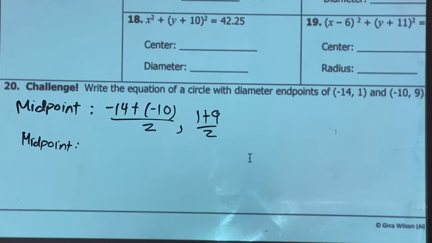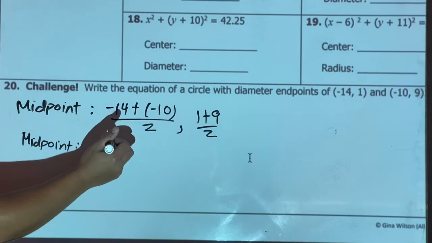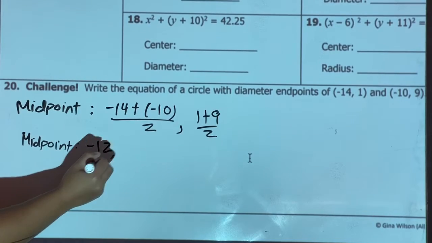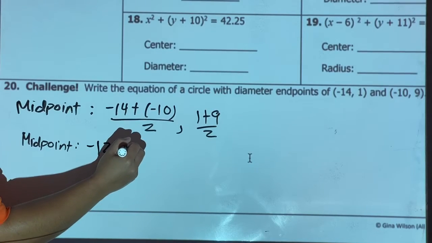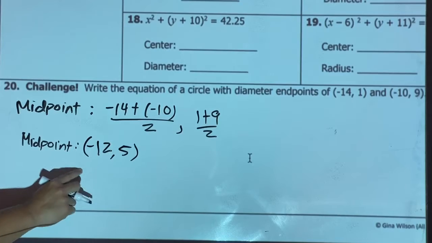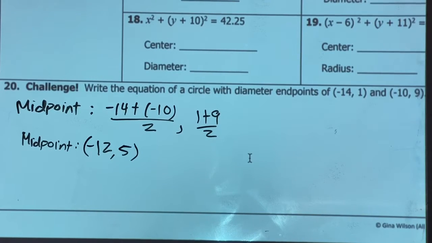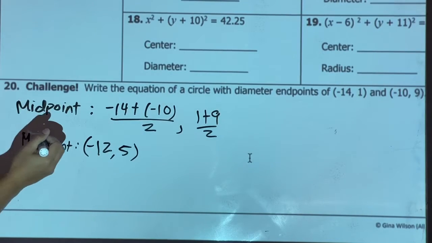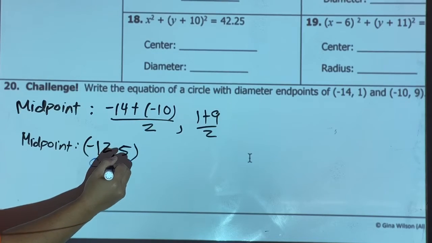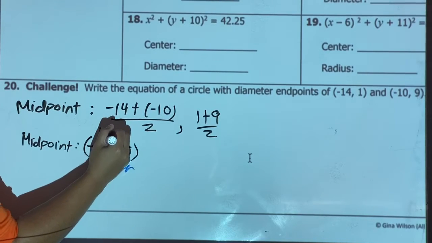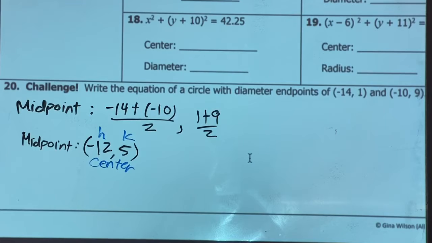So my midpoint for that is going to be negative 12 and 5. Just know that this represents, because that's the midpoint of the diameter, the center. So this is my center. I have my h and my k. And then to find the radius,